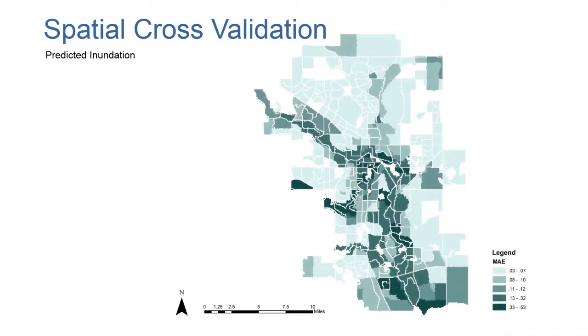We also did a spatial cross-validation as mentioned earlier. This looked at different neighborhoods across Calgary and compared their mean absolute error. What we see is that neighborhoods that were closer to the actual inundation had a higher mean absolute error than areas that were further away from the actual inundation. This is because there was more variation in the cells in the actually inundated neighborhoods, and therefore it was harder to make an accurate prediction, whereas areas that were further away from the actual inundation mostly had cells that were not flooded or had a value of 0, and their mean absolute error was therefore very small.